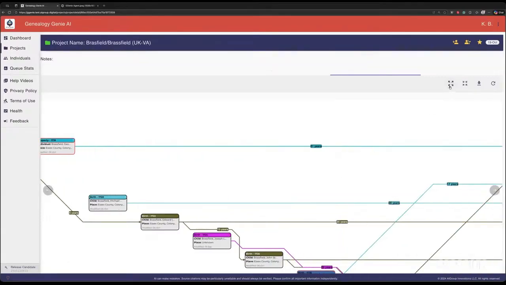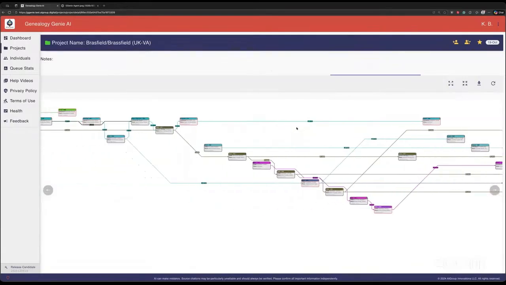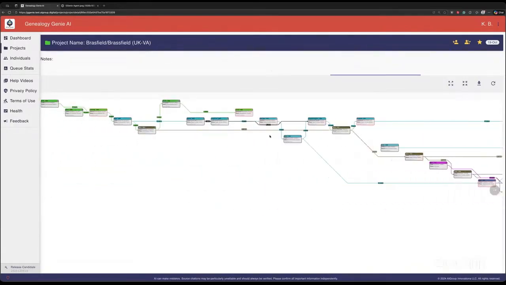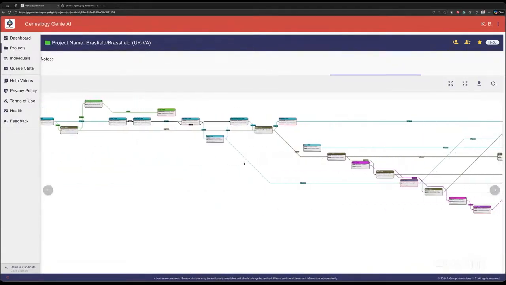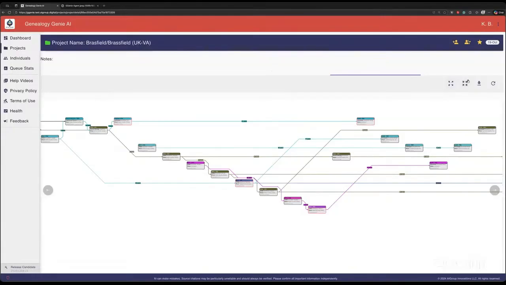So you can see that this could get a little bit convoluted. This is not a terribly complicated project. And if you get up to 50 or 60 people in a project and each of them have, let's say, at least 3 events, a birth, maybe a marriage, and a death, it could get pretty hairy and a lot of information. One, we've got the zoom in and zoom out as I just showed you,